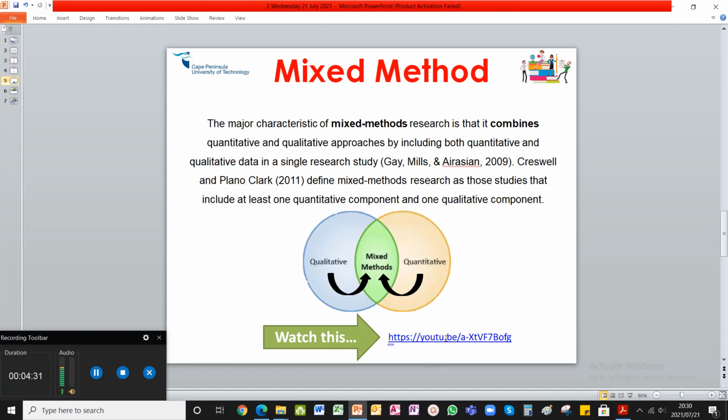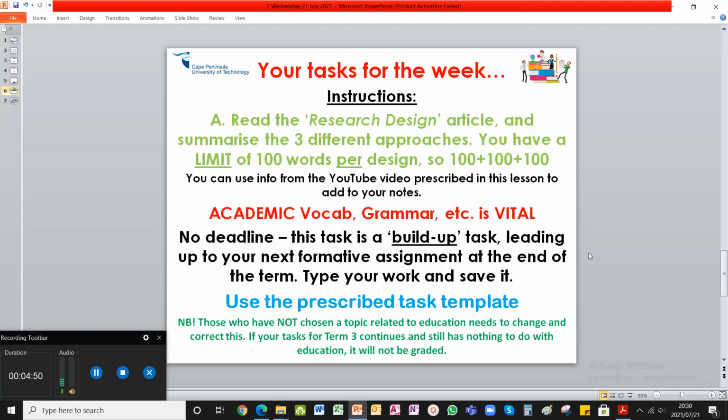Here is a cool video that you can watch. It's about, I think, 3 minutes regarding qualitative, quantitative, and mixed methods, the differences between them, when do you use which one. So take a look at this YouTube video to help your understanding of these 3 different methods. And like I said, it's a very short lesson. We're at the end of our lesson,